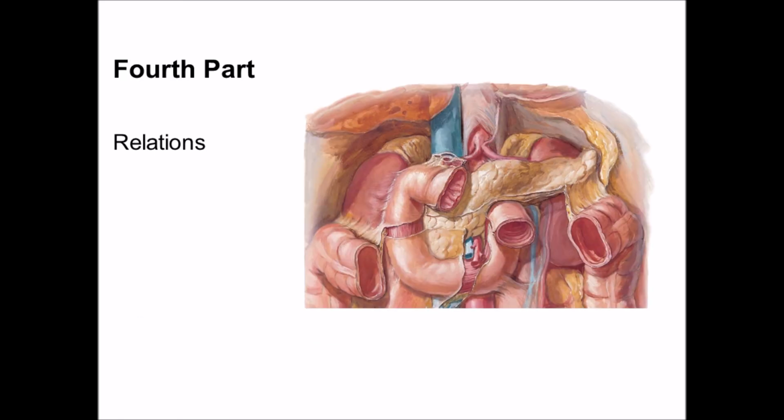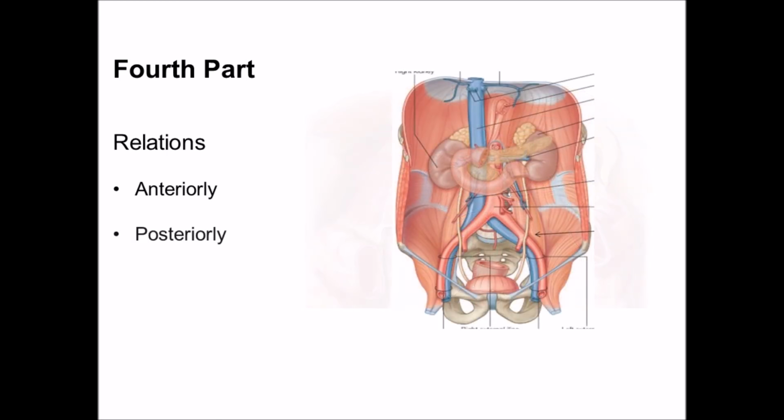Fourth part of the duodenum, which is 2.5 cm long, extends from the front of the aorta up to the duodenojejunal flexure, which lies about 2.5 cm towards the left from the median plane and 1.25 cm below the transpyloric plane at the second lumbar vertebral level. Anteriorly, most of the fourth part is covered by the peritoneum and is related to the transverse mesocolon and posterior inferior surface of the stomach.